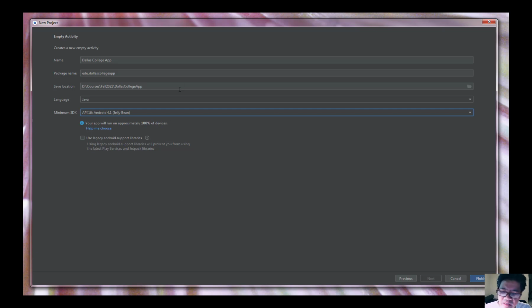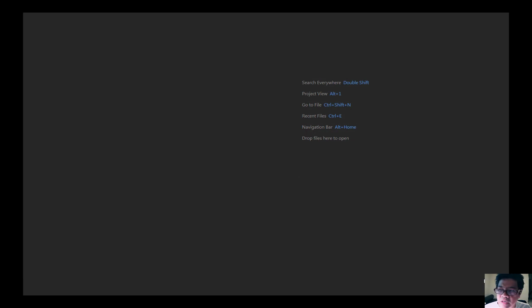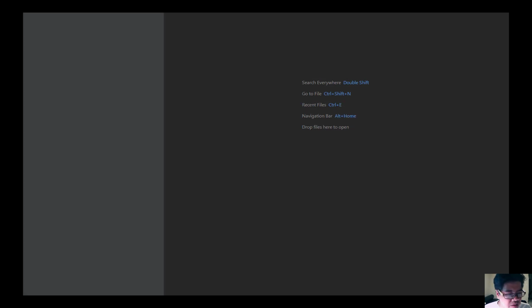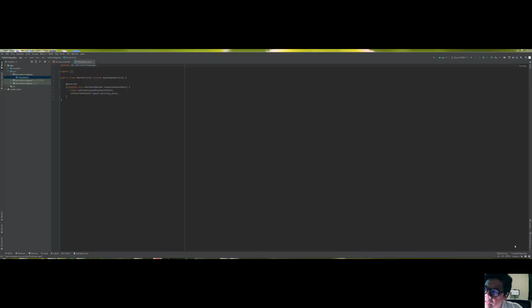Make sure you see the exact specs I have for this. And once you have that, click on finish. I'm going to pause the computer, let it set up for a second, and we should see a setup with it. Okay. So once you have this created, I want to show you